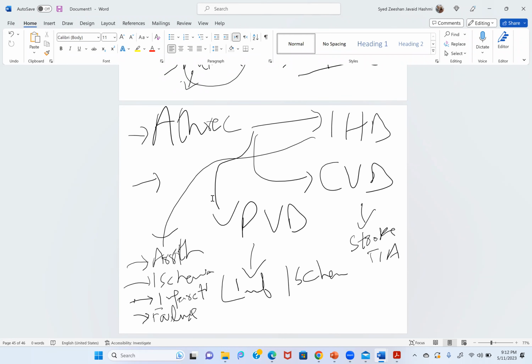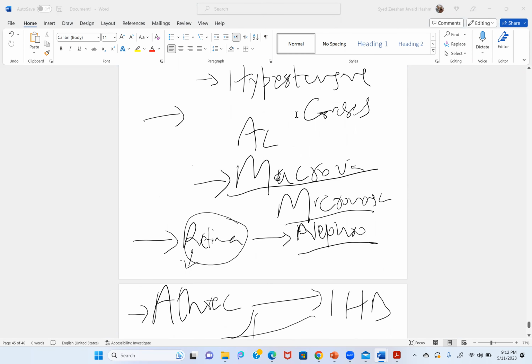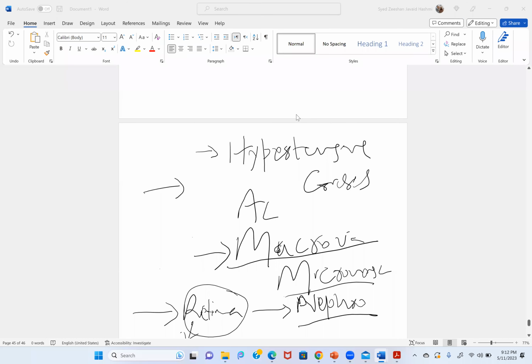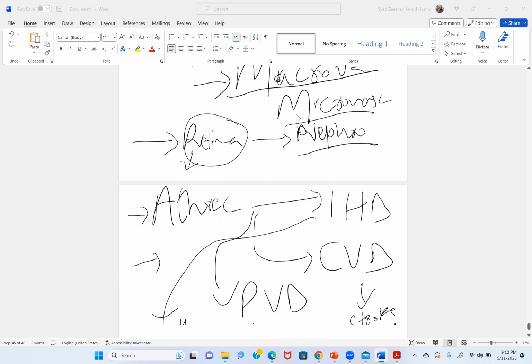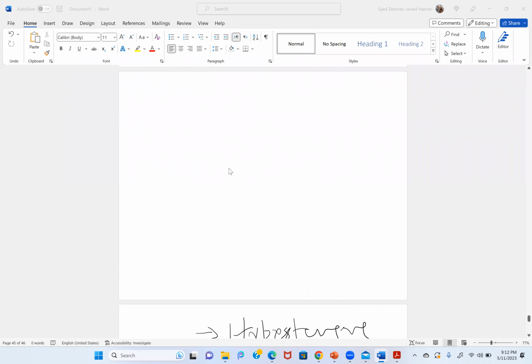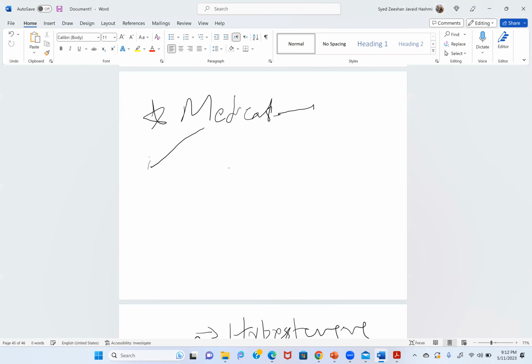Now you understand? If someone asks you, you have a hypertensive patient, what are the concerns? The answer should be that now we have a patient, and whether controlled or uncontrolled, this can lead to a hypertensive crisis and microvascular or macrovascular complications. The other things will be related to the medications. Okay, so what will be the problems with reference to the medication? You can tell some electrolyte imbalance,